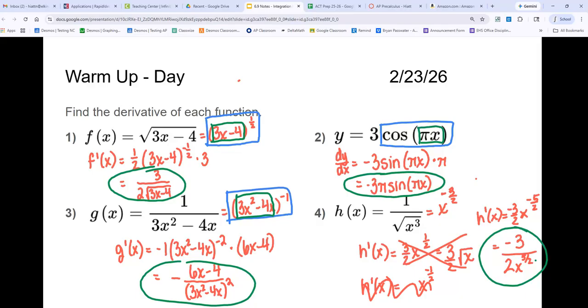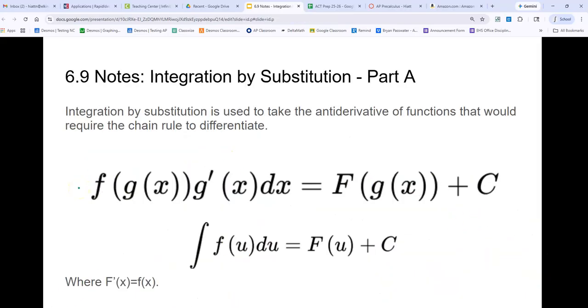Those are derivatives. What we're looking at today is how to go backwards, because we've not done anything yet that's like a chain rule sort of problem, right? Everything we've had has been power rule, or we've tried to set it up so it's like a power rule. So what we're going to do is use integration by substitution. Okay? So, if I have,